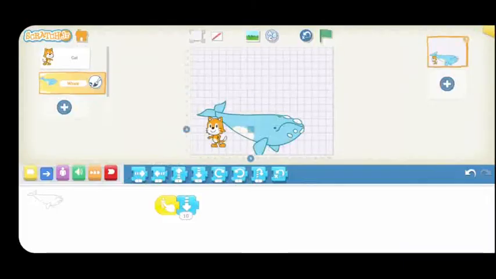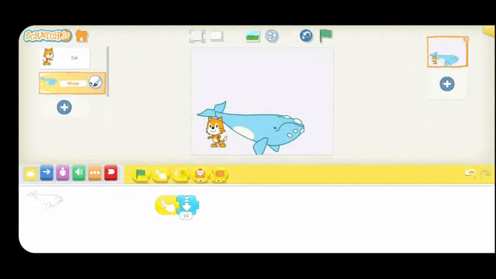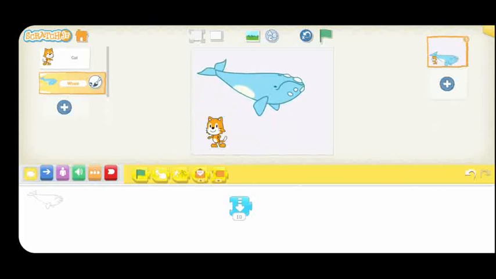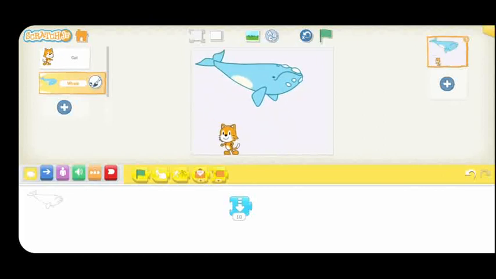Okay, next is start send message and start on orange message. Okay, for this we also need two sprites, so we work with this also. Adjust the sprite. Whale is sending the message. How will it send? If we touch this, it will send the message. Okay, we can change the color.